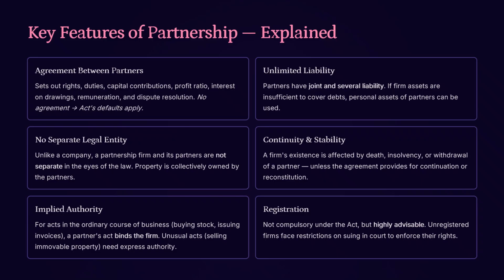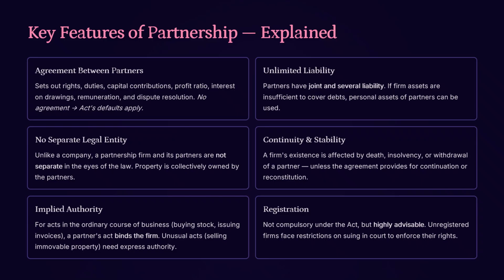Now let's discuss the key features of partnership. The first feature is an agreement between partners. This agreement clearly mentions important details such as capital contribution, profit sharing ratio, duties, rights and responsibilities. A written agreement is called the partnership deed. The second feature is unlimited liability. Just like in a sole proprietorship, if the firm's assets are not enough to repay debts, the partners' personal assets